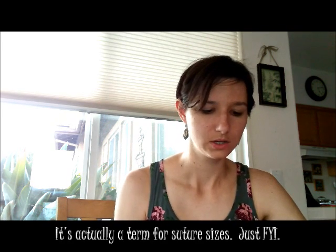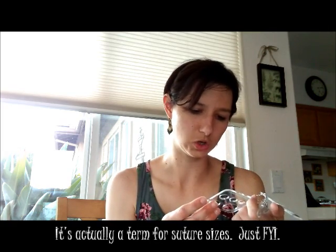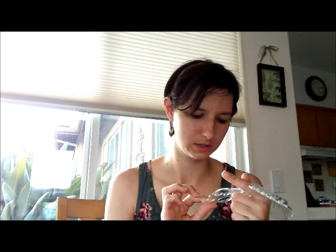It also has a hook and needle gauge. It shows both metric and US sizes. There's another one for really big hooks and needles, going from aught, which is the term that I learned, so 0 essentially, to size U in US sizes. So a 0 would be 2 millimeters up to size U, which would be 25 millimeters. And then the last one is a nice handy dandy little